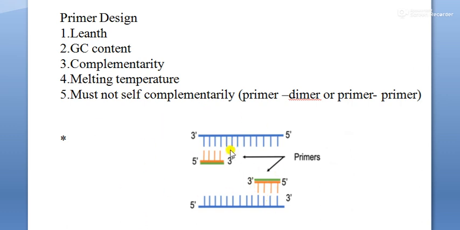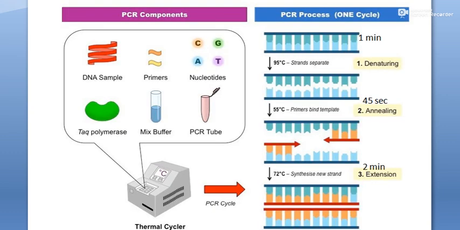Here you can see in this picture the forward primer and the backward primer, which are attached at the 3' positions of the DNA strand, and they can extend the DNA strand. This orange and green color combination are the primers, and the blue color combination is the DNA. So this is the final thing, that is the procedure, right?